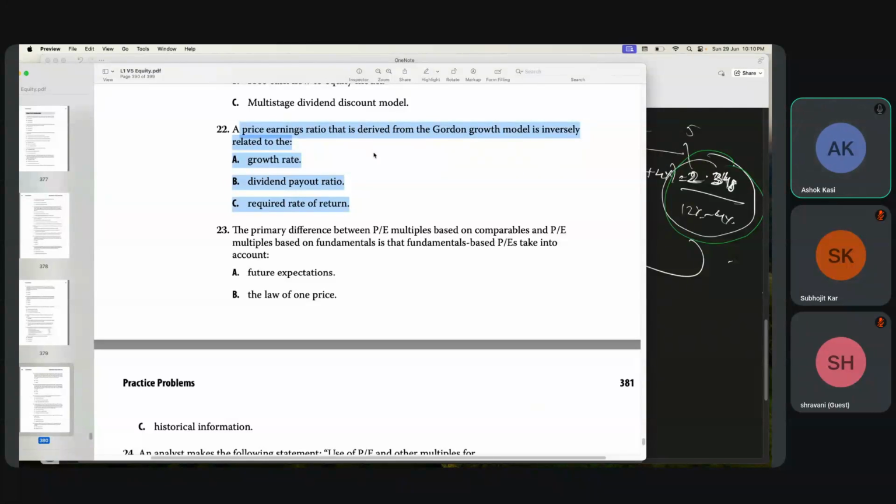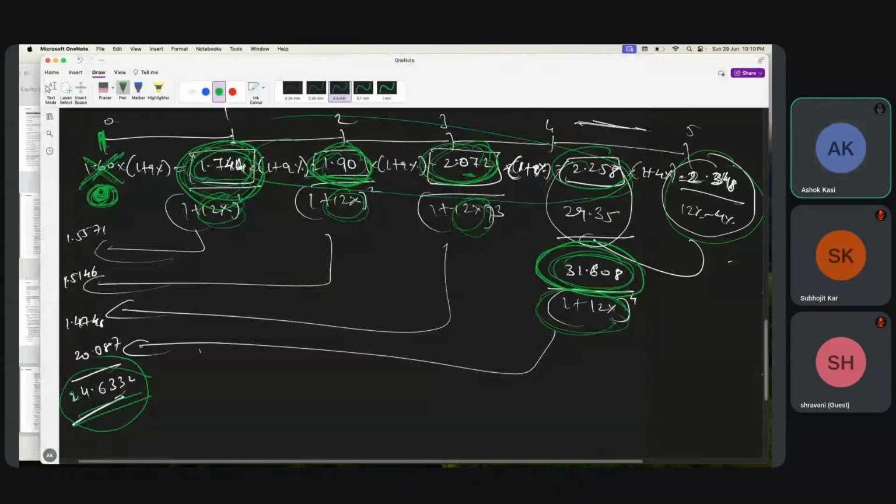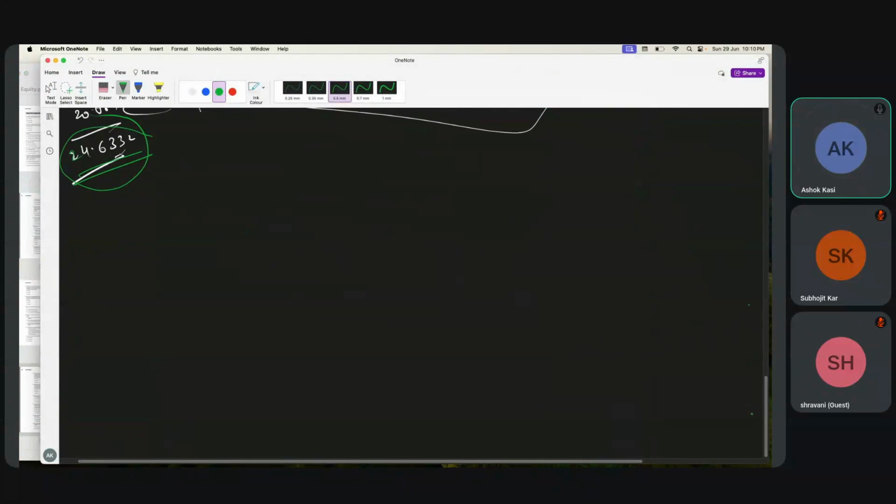Derived from the Gordon growth model means P0 is equal to D1 by R minus G. Now price to earning derived from the Gordon growth model means, imagine this is